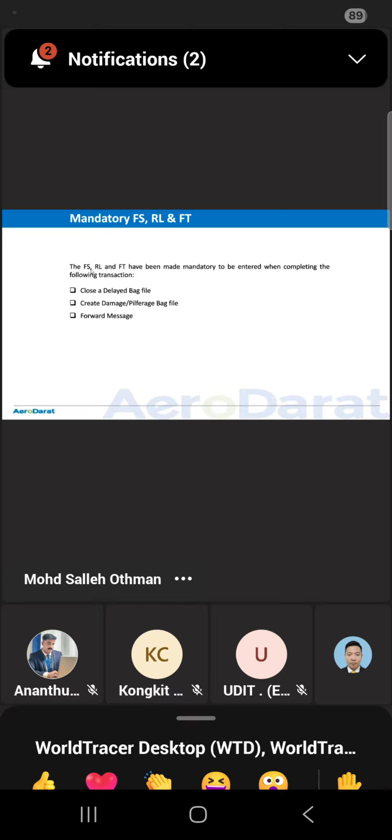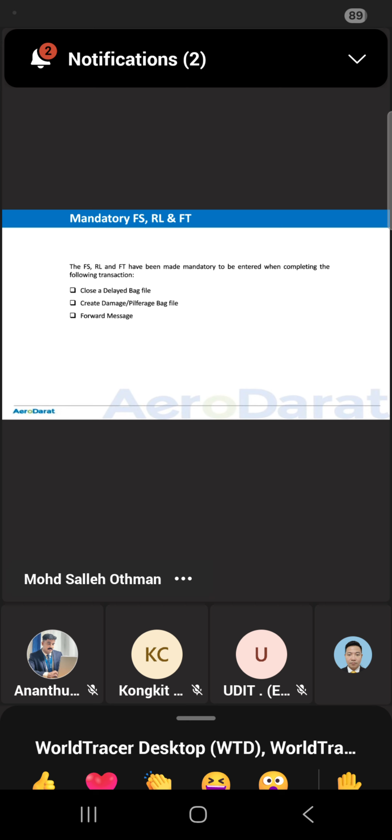The FS, RL, and FT have been made mandatory to be entered when completing the following transaction. When we want to close a delayed baggage file, it's mandatory to put FS, RL and FT. You can close the file, but you have to put the correct FSRL.